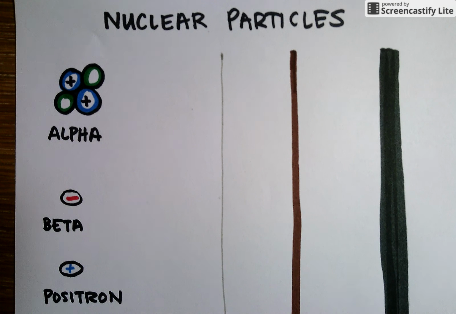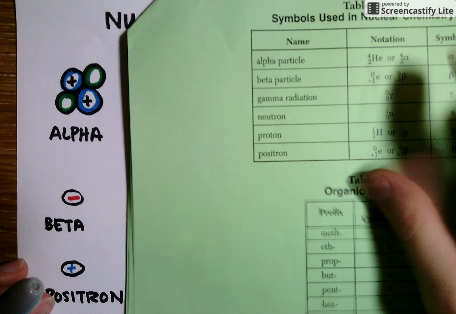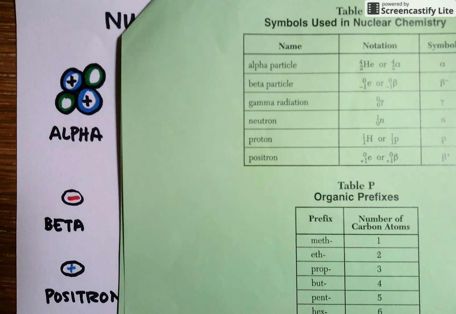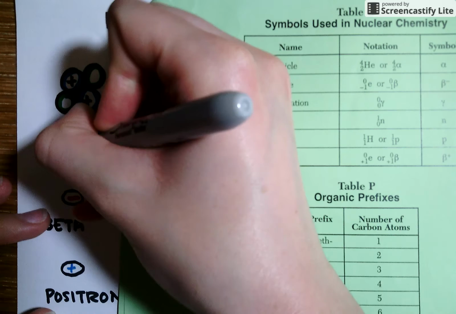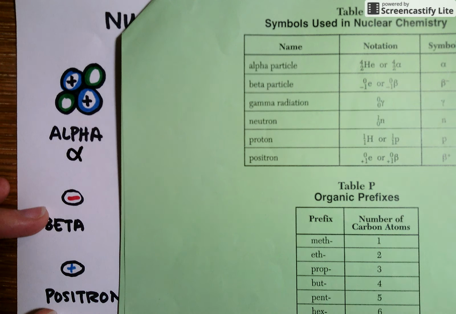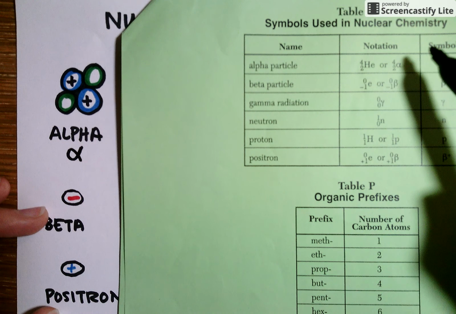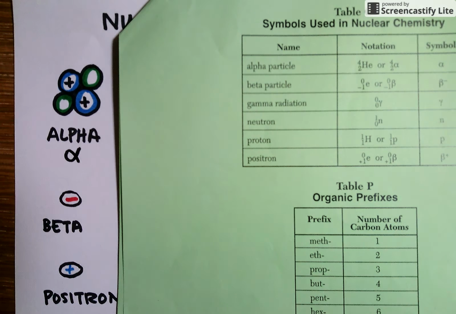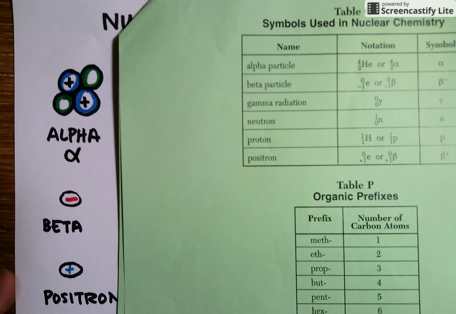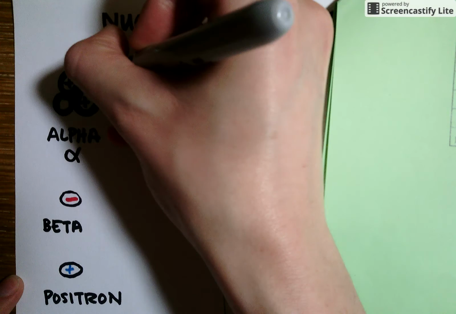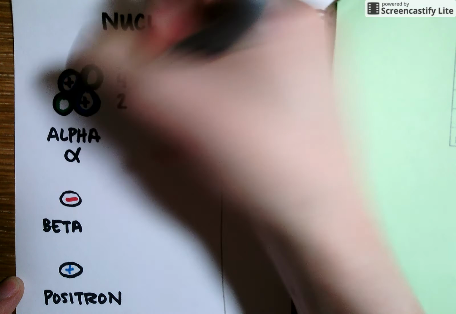So the first type of decay that we'll take a look at is alpha decay. When something decays via alpha decay, it means it releases one of these alpha particles. You can see alpha radiation is denoted using that little alpha symbol that looks kind of like a hybrid A and a fish combined together. We're going to use the notation 4/2 He or 4/2 alpha to represent any alpha particle in any equation that you may be writing. Either one is fine. All that means is that this particle has a mass of 4 and a charge of